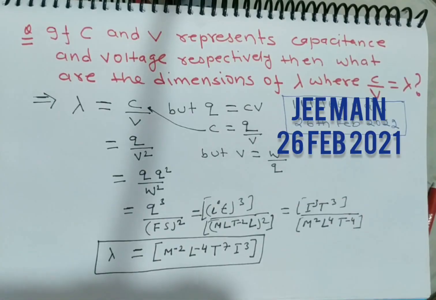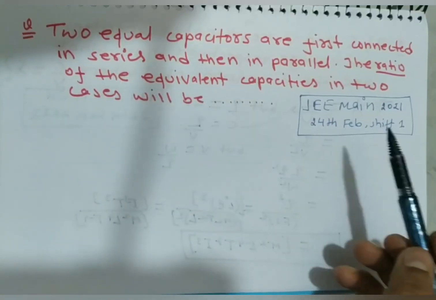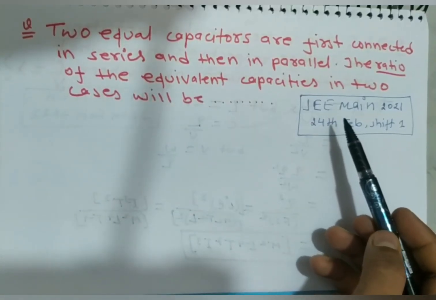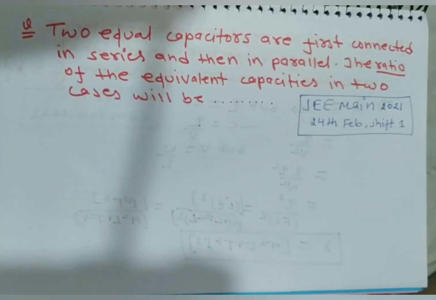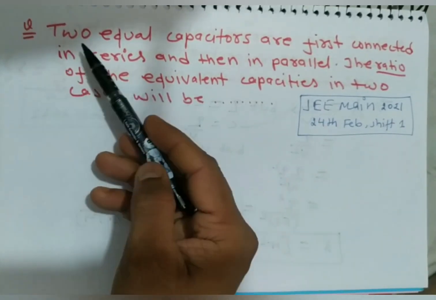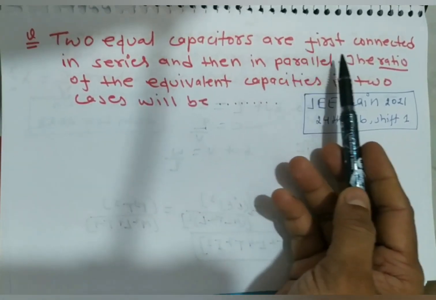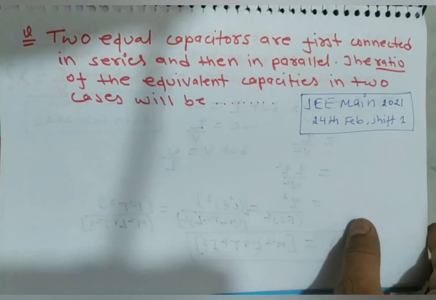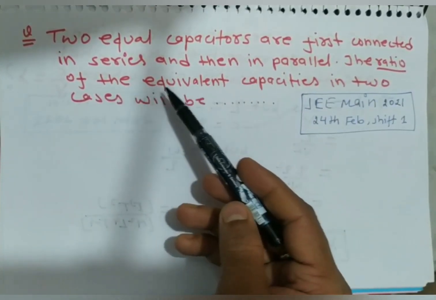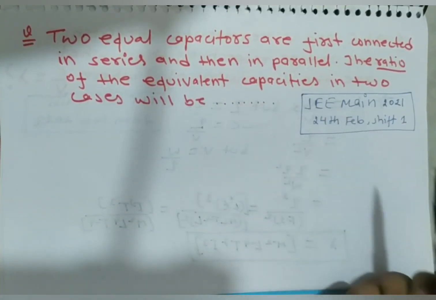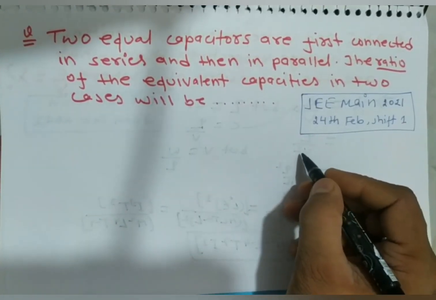Thank you. The next question is again from JEE Mains, 24th Feb, first shift. Two equal capacitors are first connected in series and then in parallel. What is the ratio of equivalent capacities in the two cases? We know that if